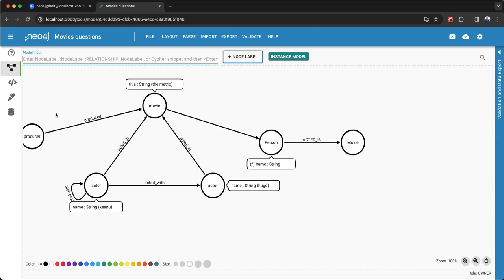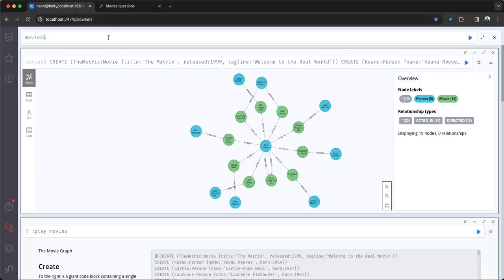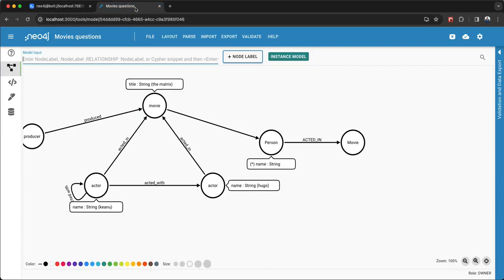At this point, if you actually had a data source, you would start writing Cypher merge statements or load CSV statements to write Cypher that would conform to your model. In this case, we're going to be starting with the movies model, which has already loaded the data in. So we're going to pick up and actually import the model